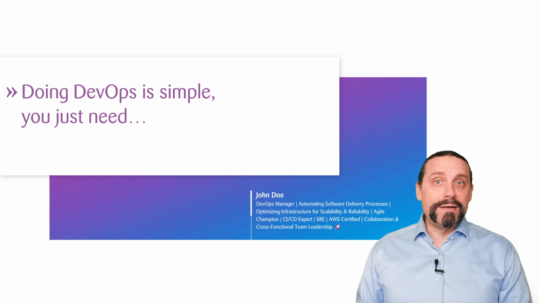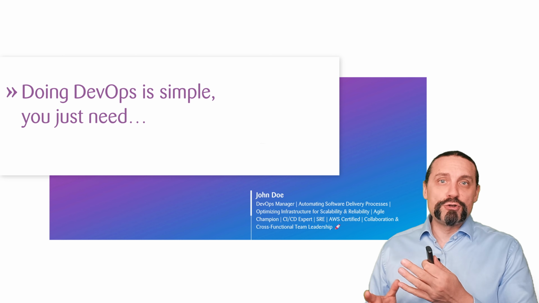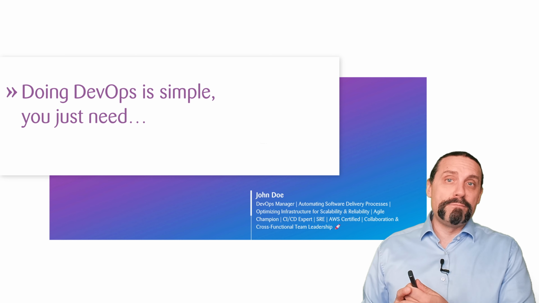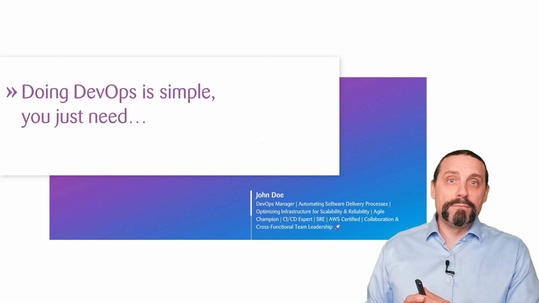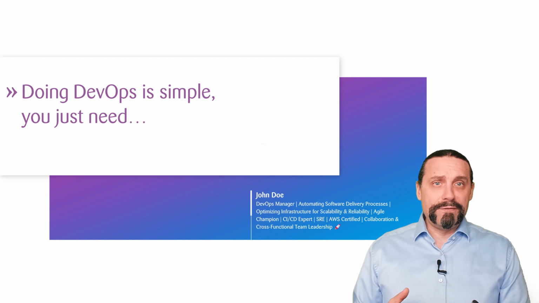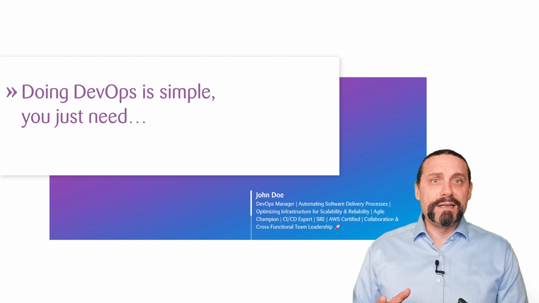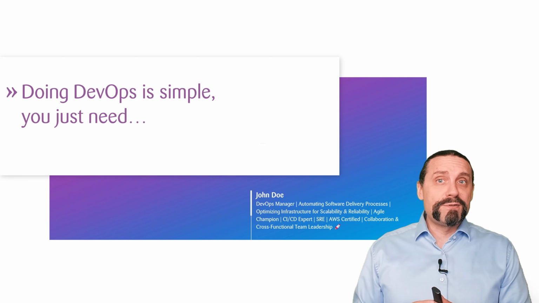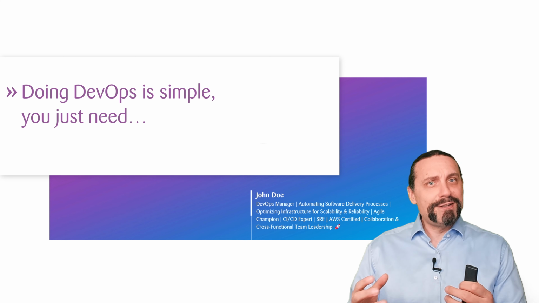Once upon a time, there was a person called John Doe. He had a very impressive LinkedIn profile and he wanted to do a DevOps transformation in his organization. He said, doing DevOps is simple. You just need to